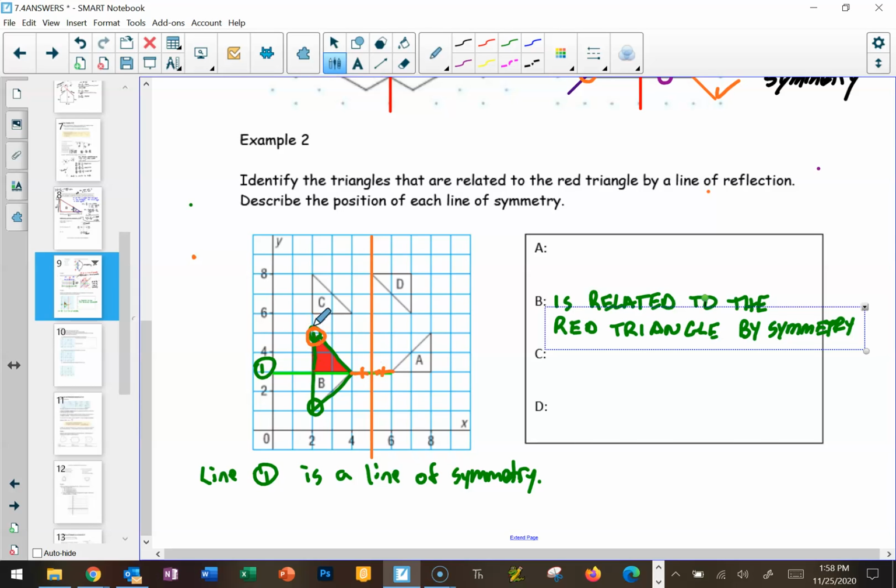So if we take this and then we fold it all the way over the line, will it line up here? And it will, because look, there's 1, 2, 3 jumps to the line, and 1, 2, 3 jumps to the line, which means at this point we'll hit that point. Is this back line here going to be vertical when you fold it over? Yeah, it's going to line up perfectly. It's going to be right there. And because we already said that this distance was the same at the bottom here, we know that this point is going to line up with there, which means that this bottom line is also going to line up with there. So we can say that A, the same thing, is related